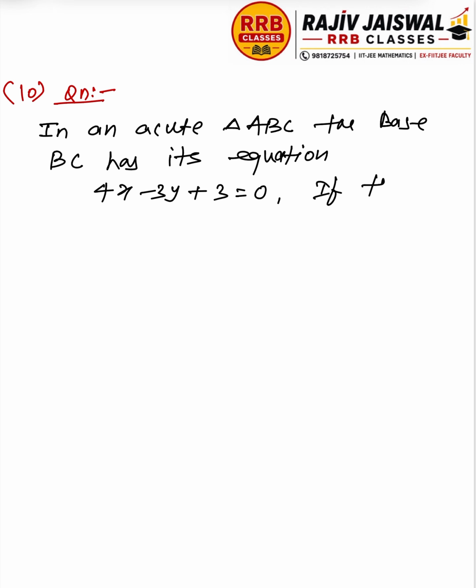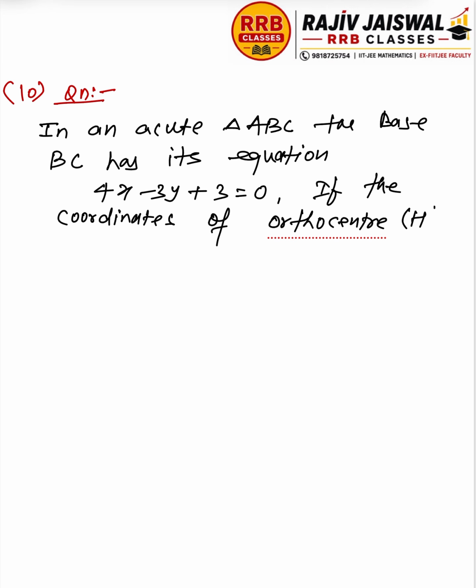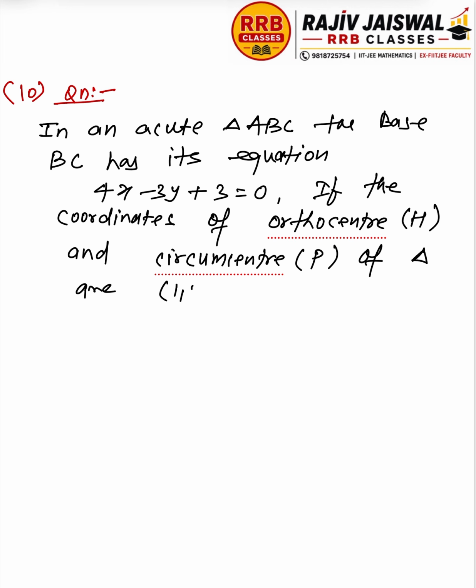If the coordinates of the orthocenter, you can write it as H, and the circumcenter, let it be P, of the triangle are (1, 2) and (2, 3) respectively,